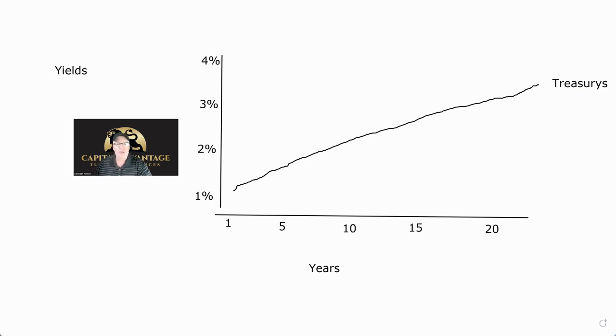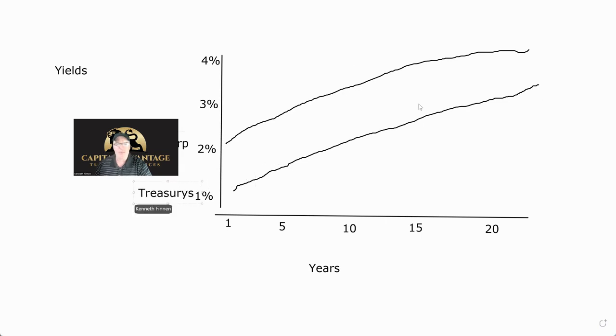Now, corporate bonds will always, I can't say this enough, will always be higher than the treasuries. Why? Because they can't print their own money. So corporate bonds will always be higher than the treasuries. It's just a thing. It's never not the truth. So let's put this down here. Corporates are that one, and we'll say treasuries are that line, just because I got to move these things around,